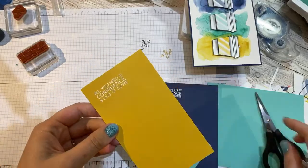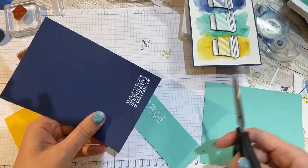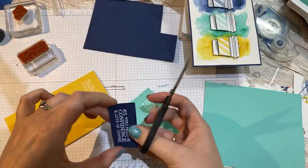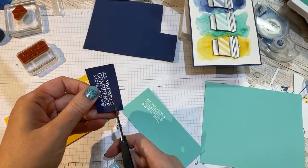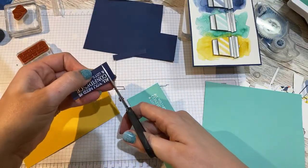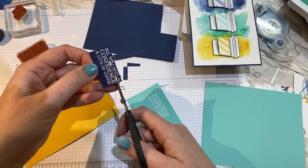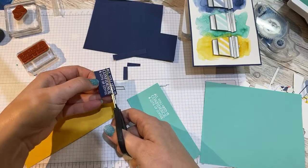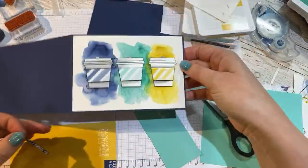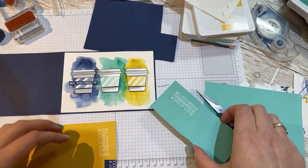Okay, so I will then take the navy first. Oh, me too, Lynn. Lynn says, I love the magic of heat embossing. Me too. I so often have it on my cards. I love it. All you need is...